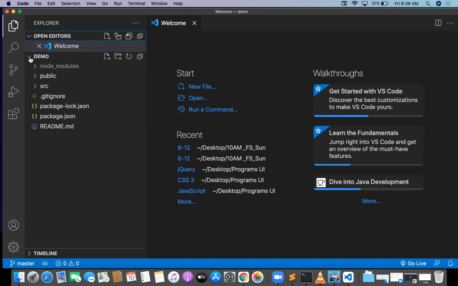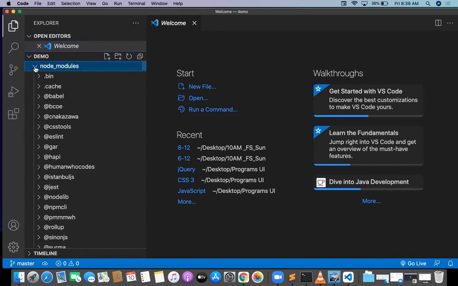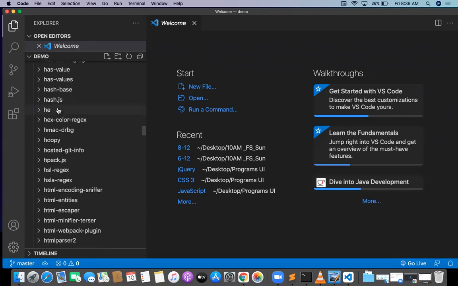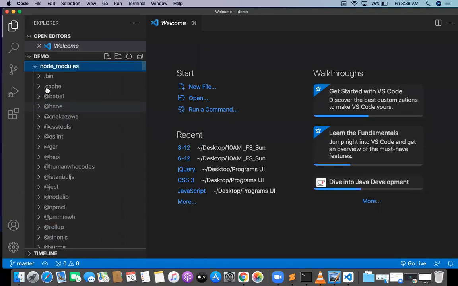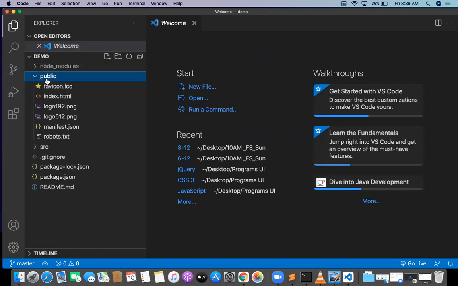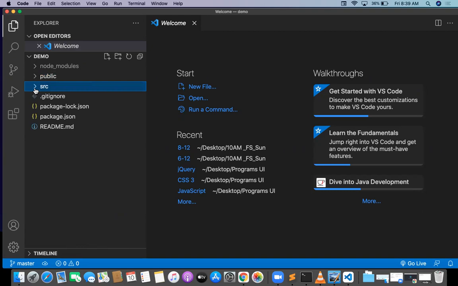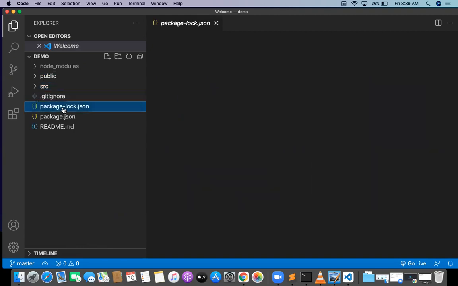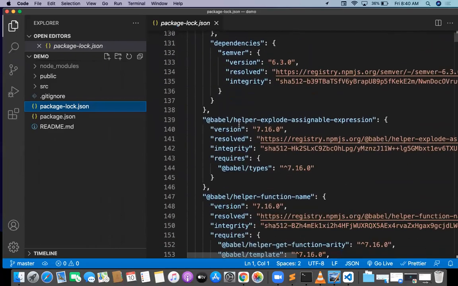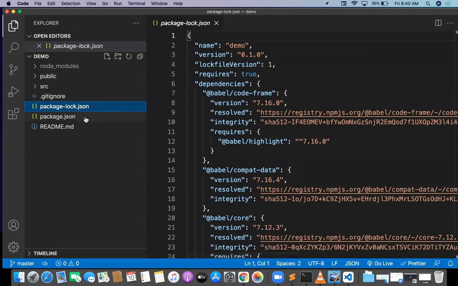This project is going to have so many folders. The first folder is the demo folder. The demo folder is the project folder, right? Inside the demo, there is one more folder called node modules. There are a lot of packages available. Don't delete anything. Then there is a public folder, and one more folder called src folder. And one more file is package-lock.json. There are some project default settings, default properties available. Don't delete package-lock.json, and package.json also you don't delete.